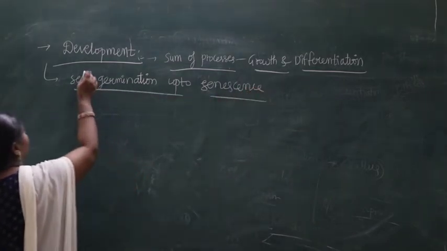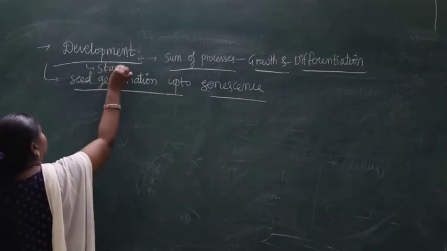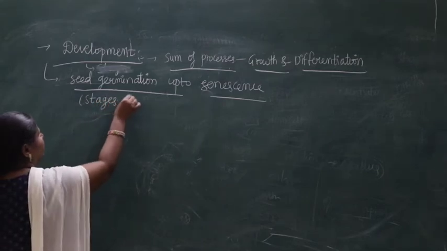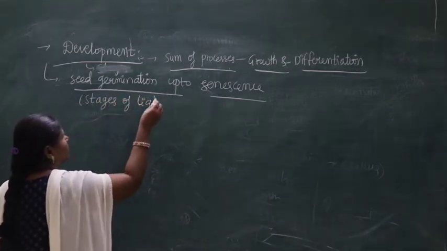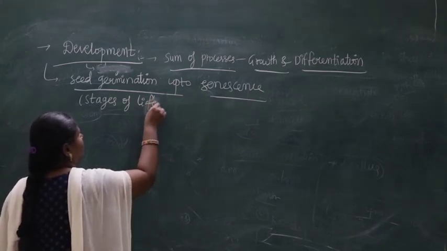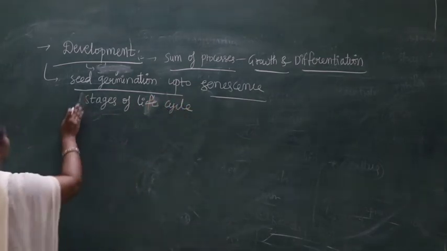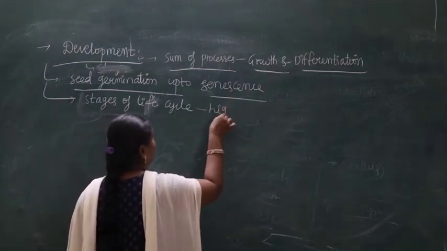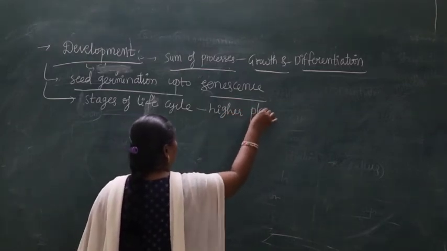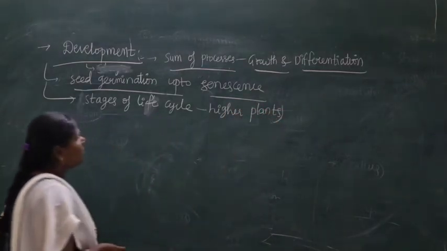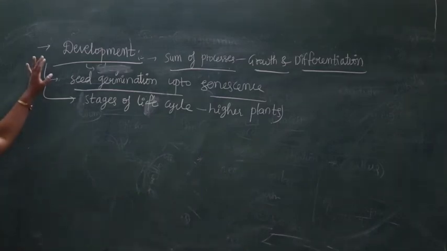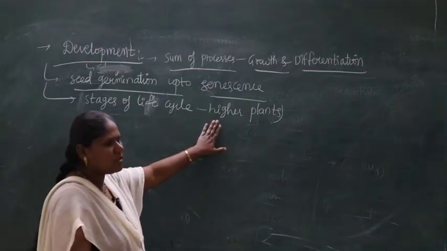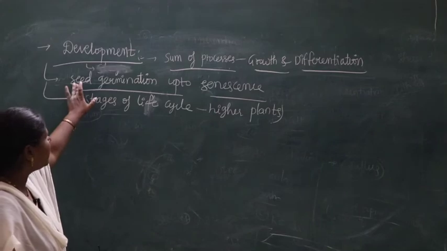That means you can write, the stages of life cycle in higher plants. What is nothing but development? Development is referred as stages of life cycle in higher plants, starting from seed germination up